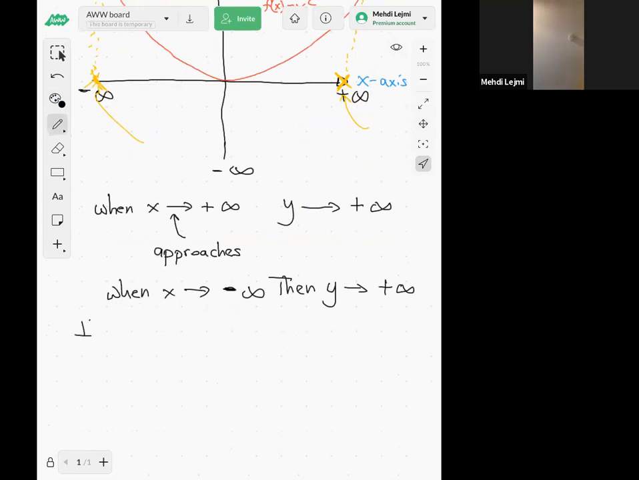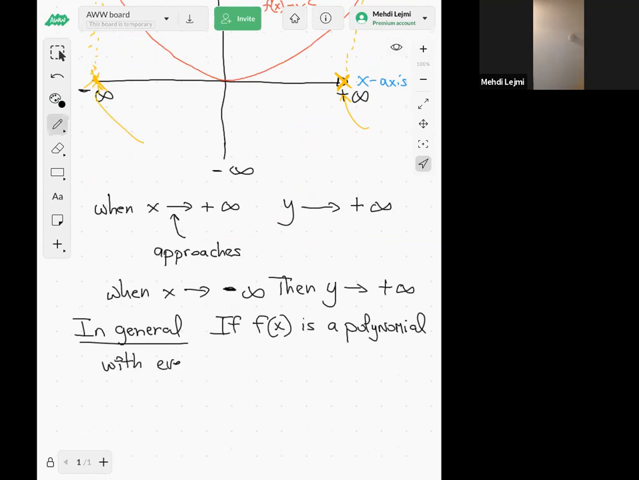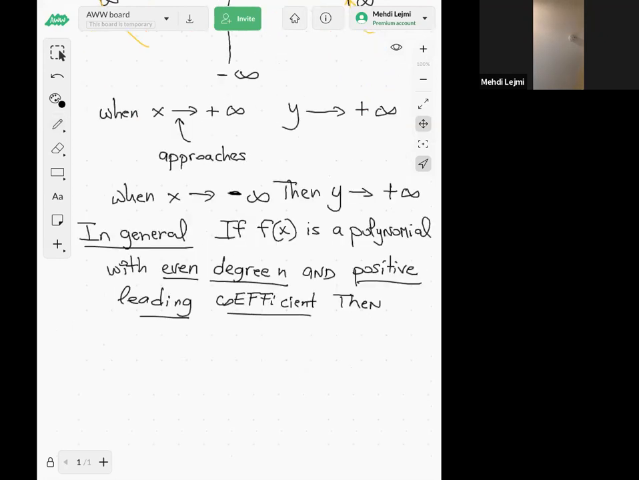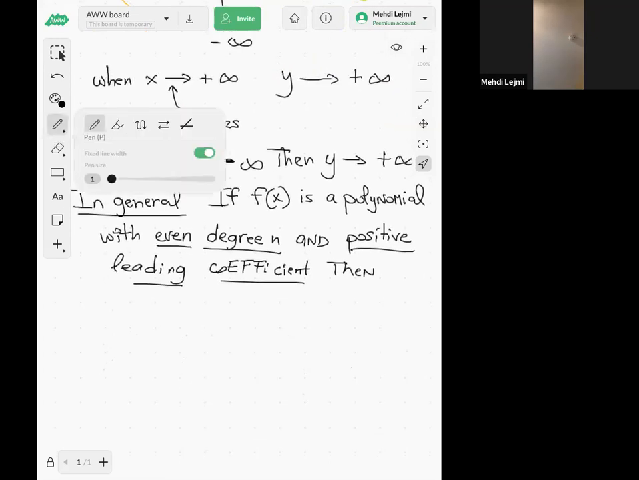So in general, if you have a polynomial f of x with even degree n and positive leading coefficient, then when you graph the function f, the polynomial f, at infinity,